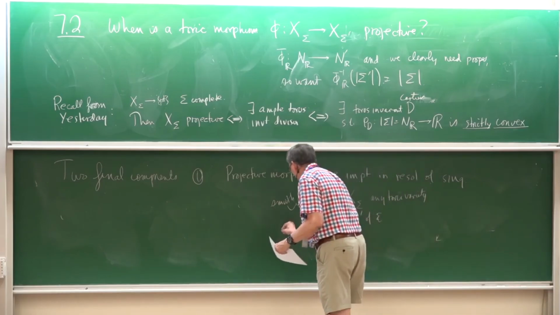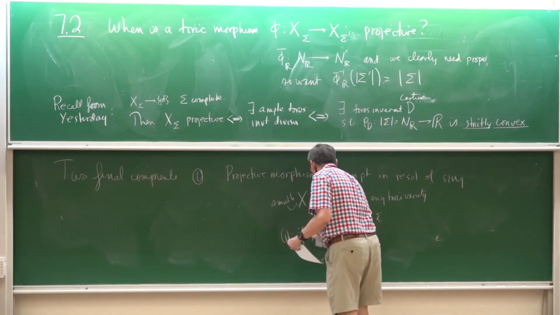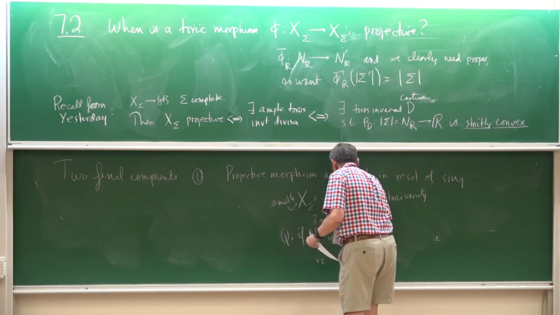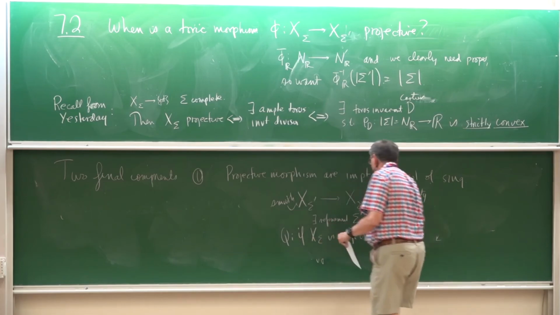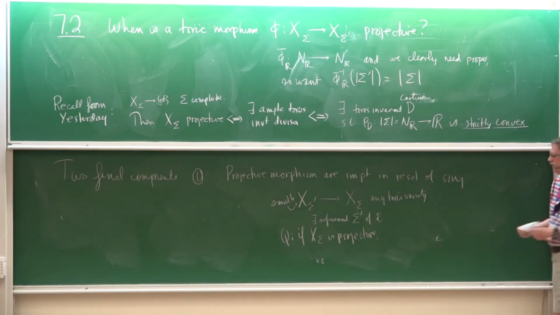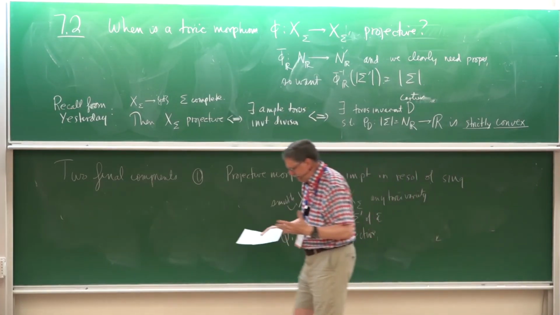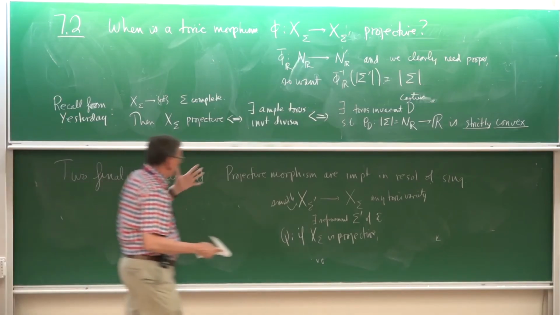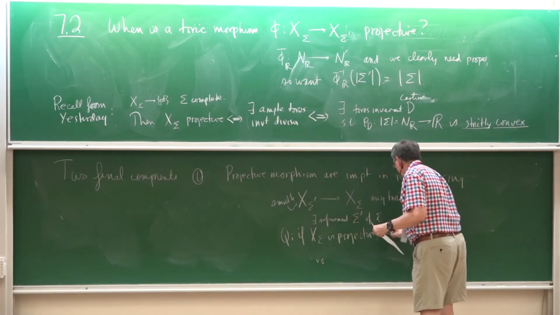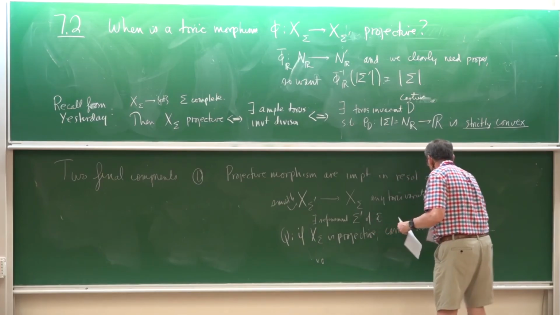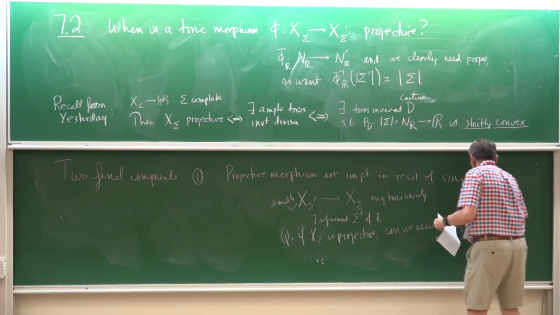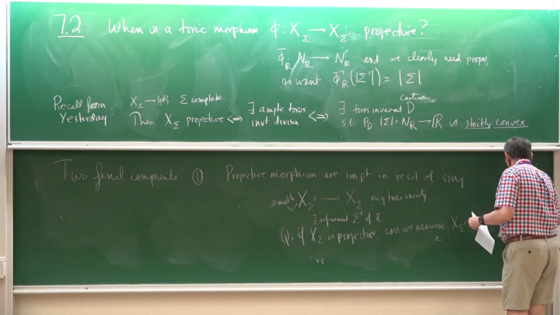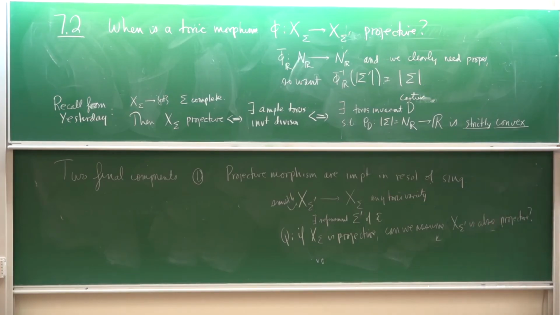But the question is, suppose that I started with a projective variety. Now, that has a lot of singularities. Well, then you do all sorts of refinement to try to get something smooth. But we've seen in the examples Hal did that you can do some pretty weird things when you refine. It's actually easy to do various refinements and get something non-projective out of it. So the question is, can we assume X sigma prime is also projective? And the answer